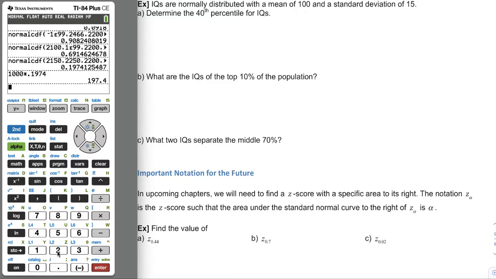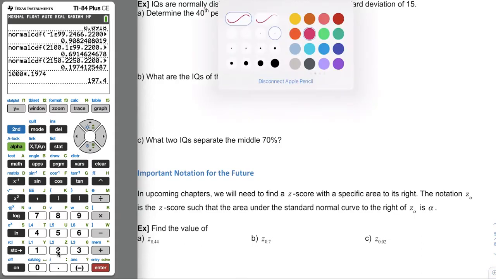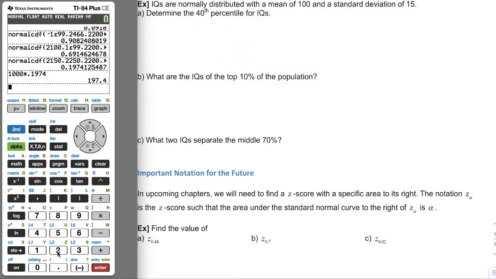IQs are normally distributed with a mean of 100 and a standard deviation of 15. Determine the 40th percentile for IQs. So if you think back to percentile from chapter 3.4, that would be 40% getting a certain score or below. So if we drew a normal curve just to visualize what we're computing,